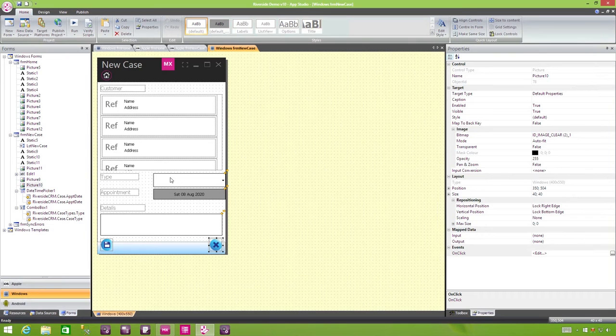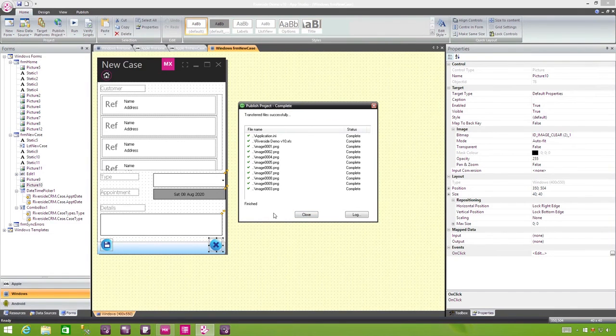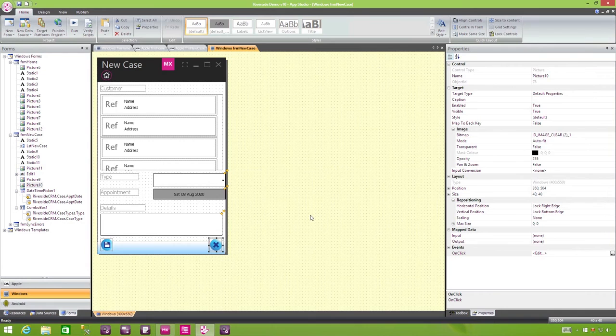So that's development now complete for all platforms. Let's publish the app to our app server. To do that, we can go up to Publish Project. If I click here and choose Publish to Server, I can then choose my MX server, which chooses my default server. I can hit publish, off it goes, and once that's completed, if all's well, then it just finishes. Otherwise, you can click here to check the log. Otherwise, click close, and then that's now been published and it's ready to be deployed and run on our MX